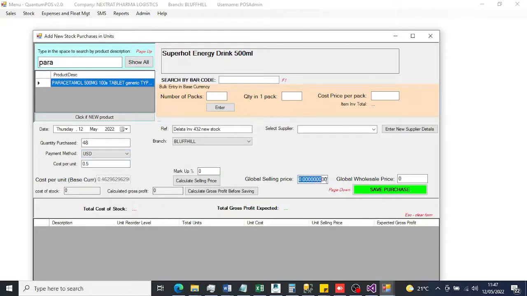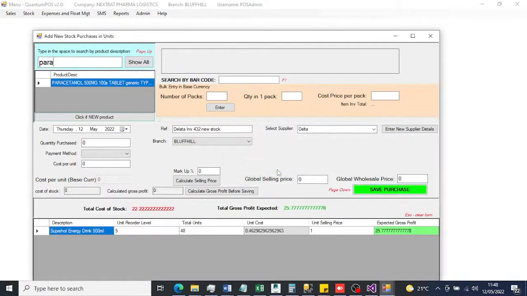Then we put a price. Our selling price is $1. If you want to put the wholesale price, let's say the wholesale price is 90 cents. Okay, then we can save the purchase. Oh, I did not select it. Yeah, save the purchase, and I've added my new stock. So if you actually go